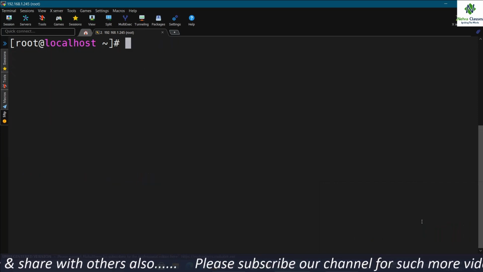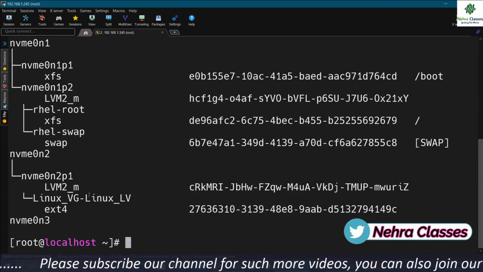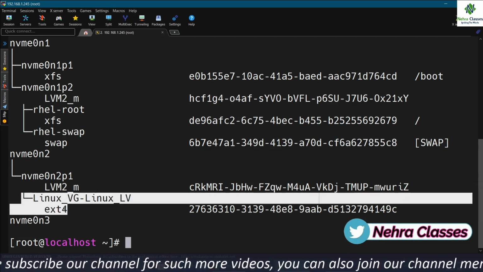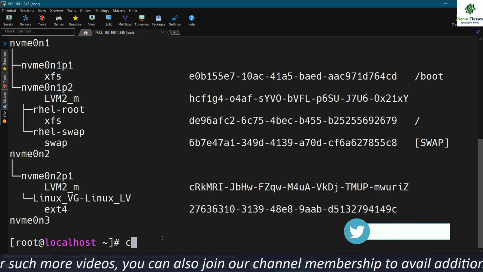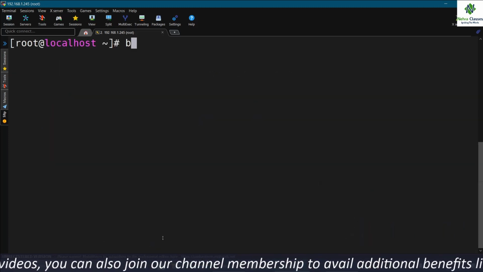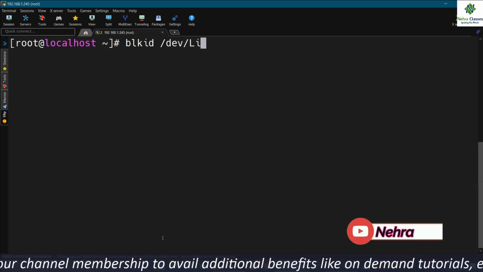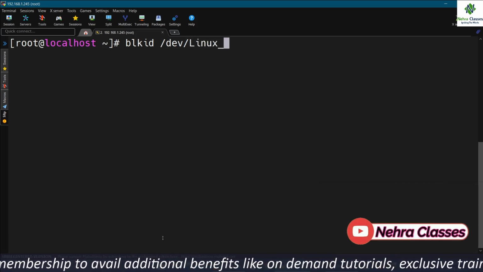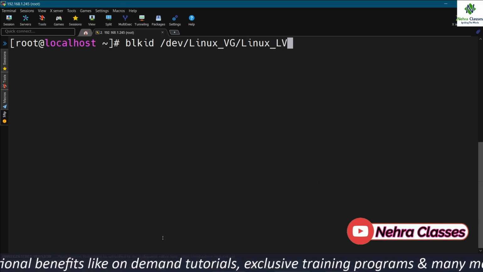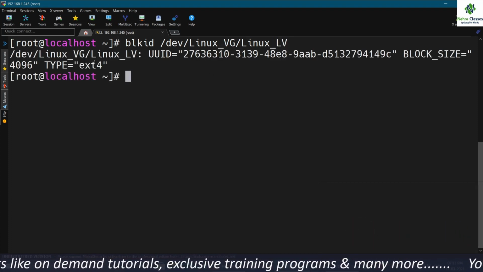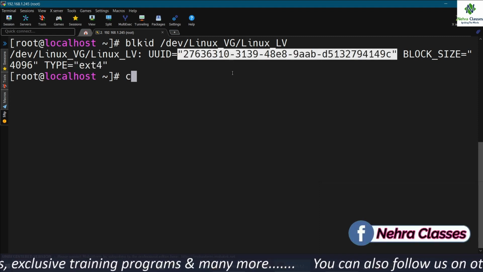So we have successfully formatted it, and we can verify the same by running the lsblk -f command. Here you can see the file system type as ext4, or we can also execute blkid /dev/linux_vg/linux_lv. This will also show us the type as ext4, and it will also show us the UUID.